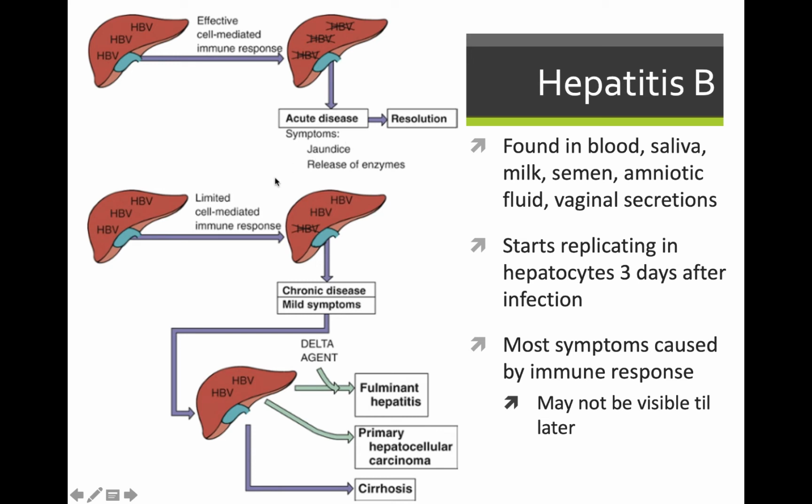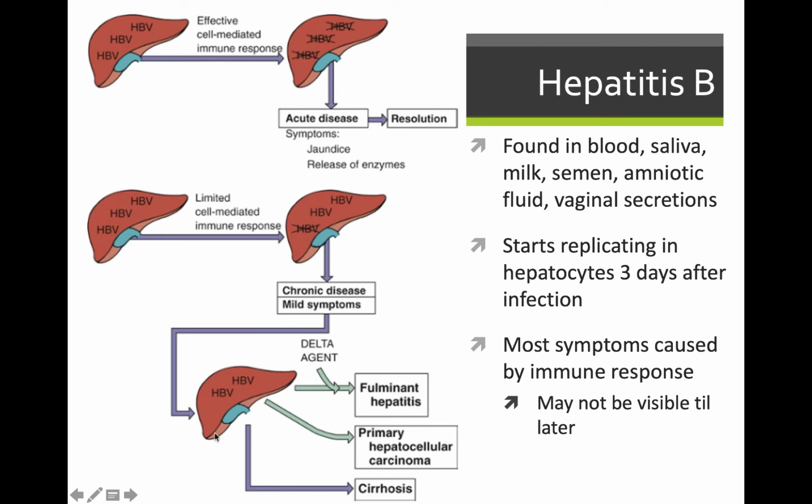In some patients, however, maybe they have a limited cell-mediated immune response. You can have chronic disease with mild symptoms. So again, if the symptoms are being caused by the immune system working really well, if your immune system is not working really well, you probably wouldn't even notice you have a problem. Maybe you'll have elevated liver enzymes, but when was the last time you went and got your liver enzymes checked? If your eyes turn yellow, you'll notice there's a problem. If they don't,